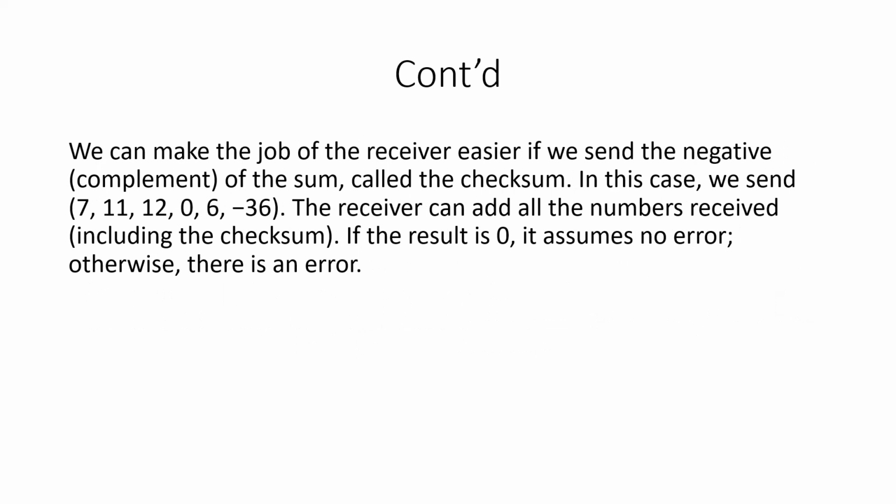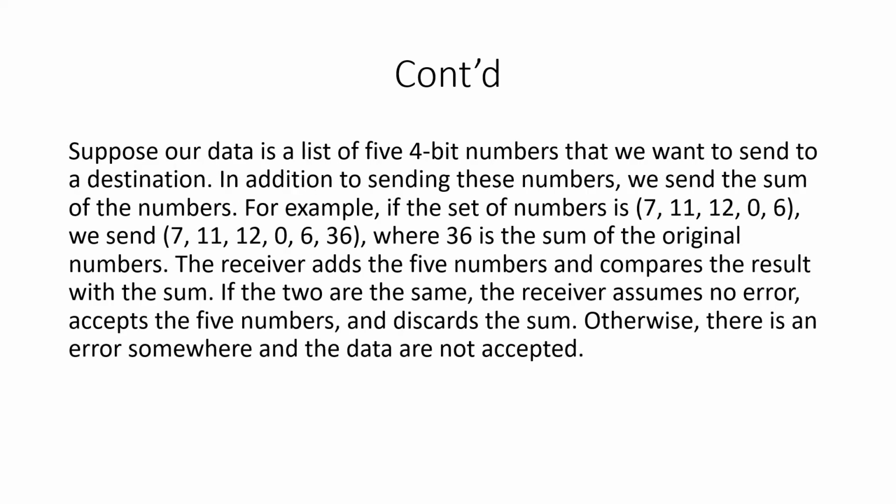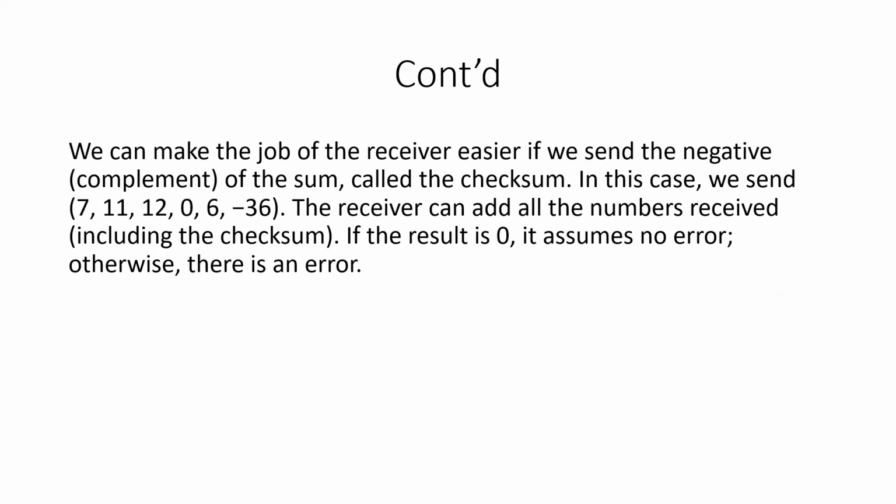Okay, so see here what the receiver is doing. The sender will send the sum of the data items, and the receiver again calculates the sum of the data items and then verifies it. So what we can do is add the data items and then complement the sum. Whenever the receiver receives the frames, it has to just add the numbers, and whenever we add a number to its complement, the value comes out to be 0. So if the result is 0, then there is no error, and otherwise there is an error.